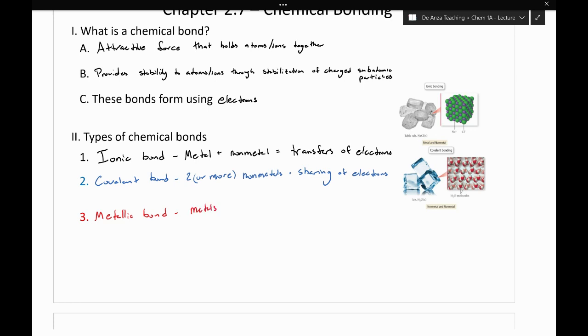It's going to be specifically metal atoms of the same type, and they're going to have pooled electrons that hold them together. And so this metallic bond is not covered in 1A,